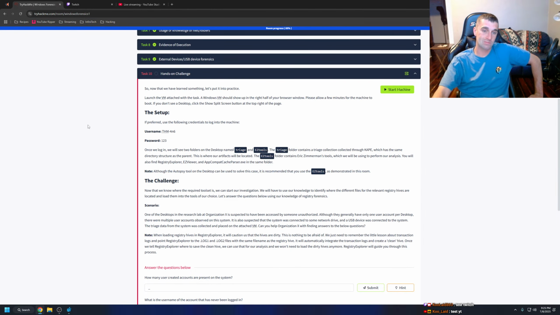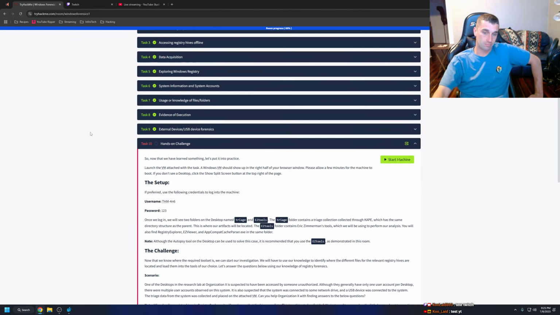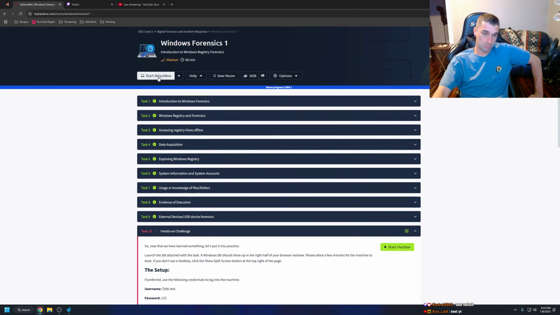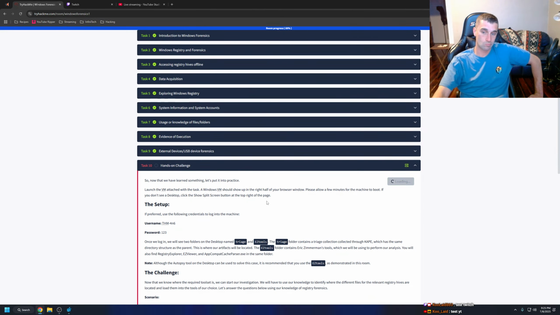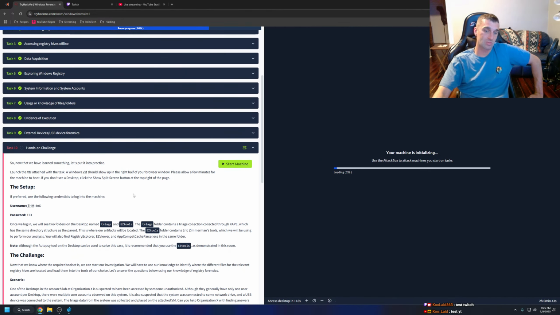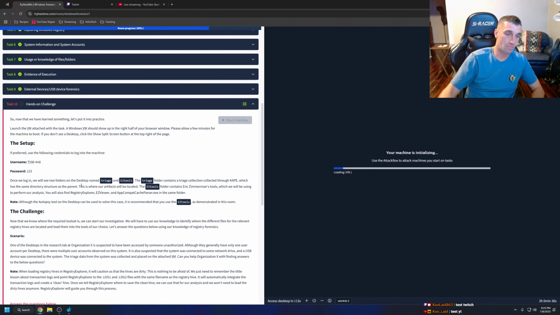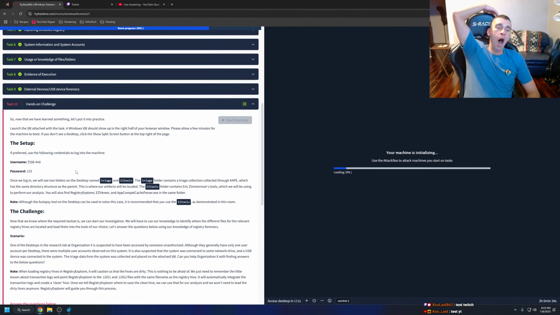So, now that we have learned something, let's put it into practice. Launch the VM attached with the task. A Windows VM should show up in the right half of your browser window. Please allow a few minutes for the machine to boot. If you don't see a desktop, click the Show Split Screen button at the top right of the page. If preferred, use the following credentials to log into the machine: username THM4N6, password